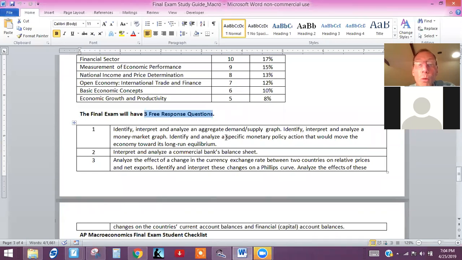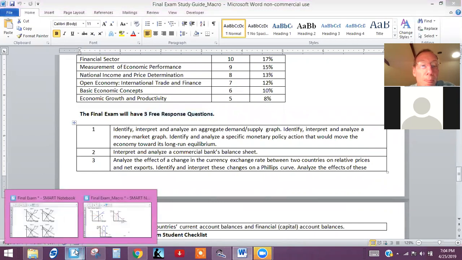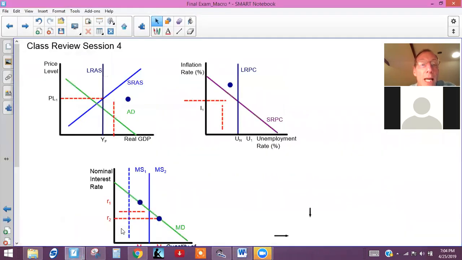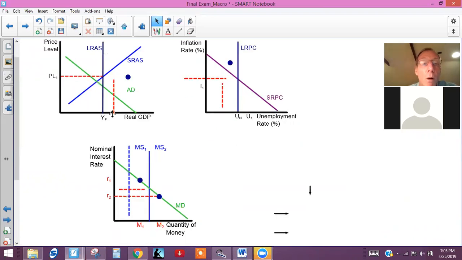What you're going to want to be able to do, and I'm going to just pull it up here, is recognize the difference between an inflationary gap and a recessionary gap, right? So if there is an inflationary gap, that means that the short run,